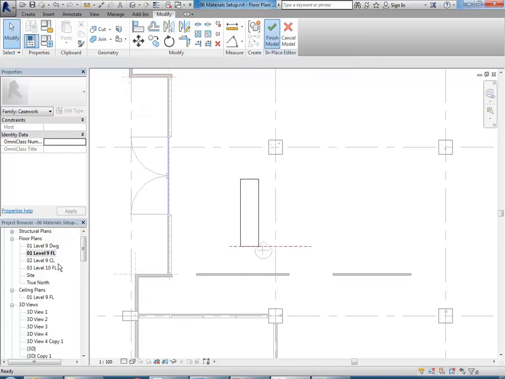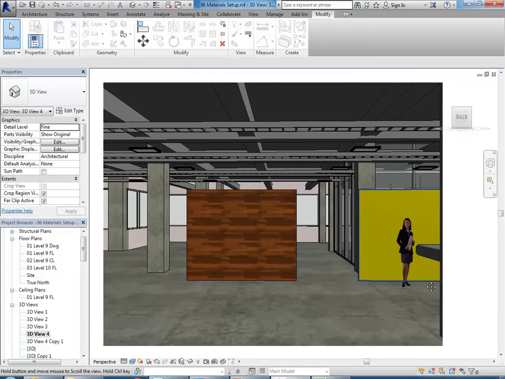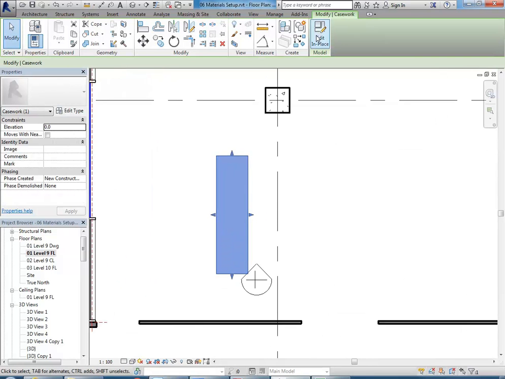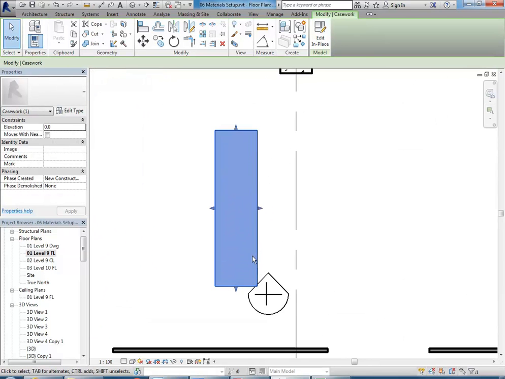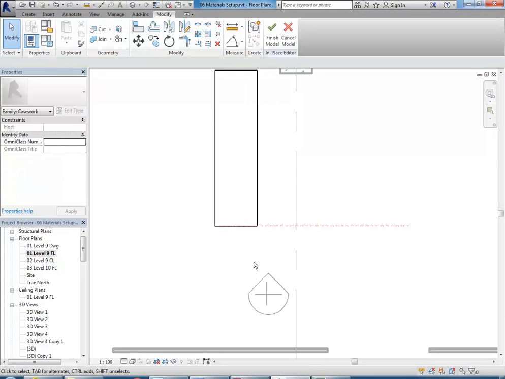So I'll finish the model and then show you, if we go into a 3D view, you can see there it is over there on the right. And so maybe I'll bring that back a little bit. And actually I'll show you an interesting thing here. When you use edit in place, also when you use model in place, if I move that now, I can move it, but that means that relative to the plane I made it on, it's in a different position. So if I go back to edit in place, notice how it's changed. It's gotten a bit confused. So a better way of doing that,